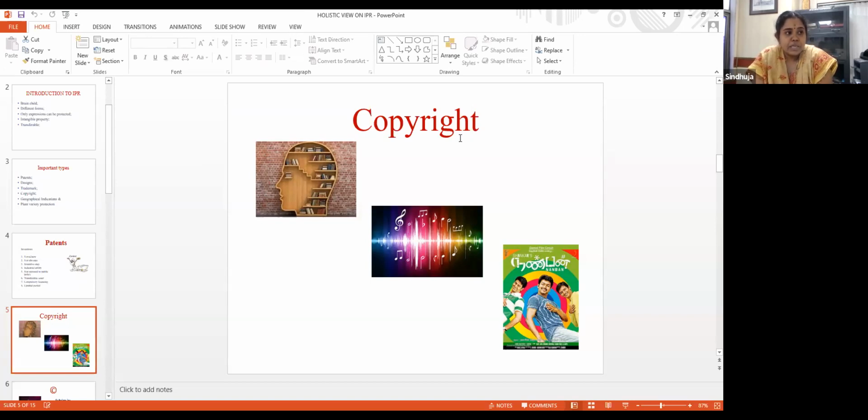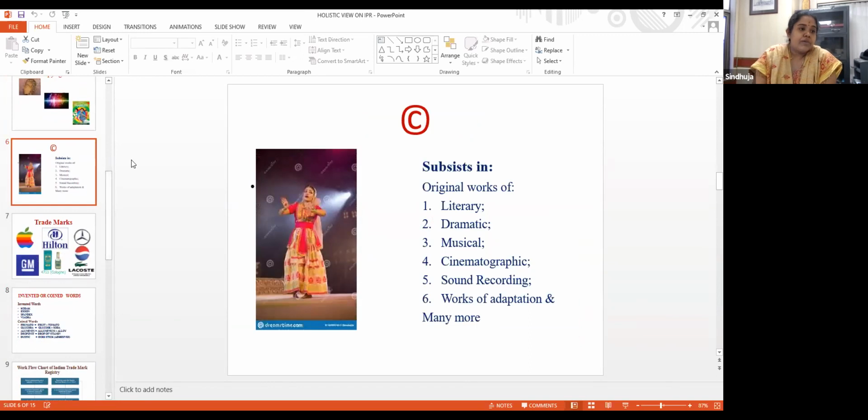And then musical works, those compositions, and a particular picture I have given here. Why? Because there are some movies which are adapted works. This is a classic example of it, wherein a novel by Mr. Chetan Bhagat is adapted by a film director and given a new shape as a film. So this is an example of an adaptive work. There are many things; I have just culled out the important ones. You can see the different works that are covered by copyright. Basic copyright mainly subsists in original works, that is very important.